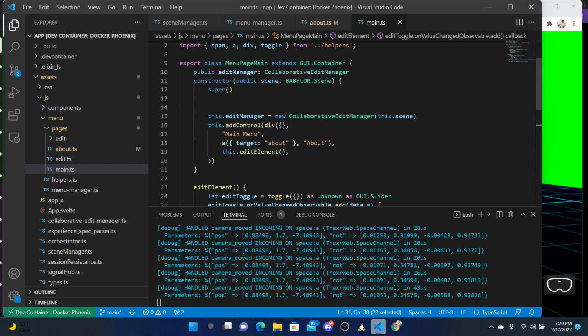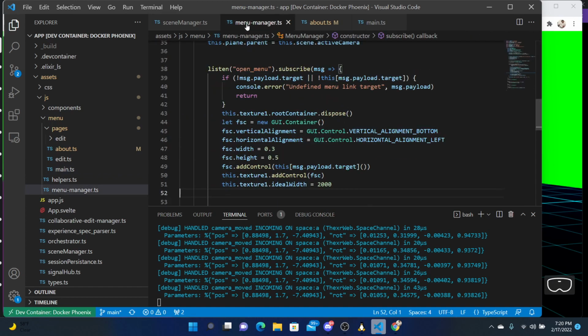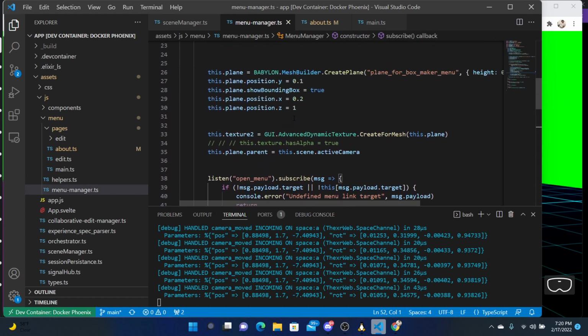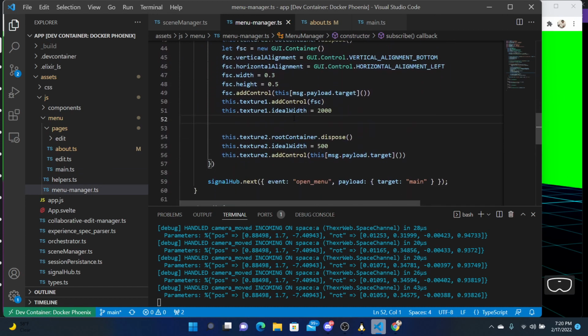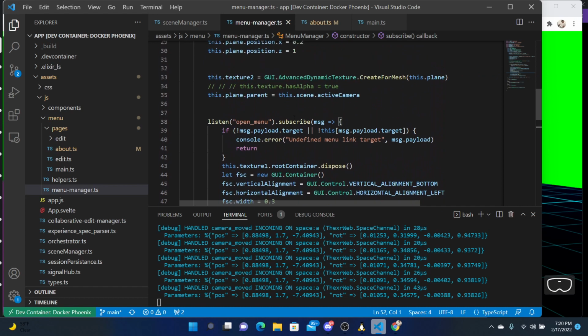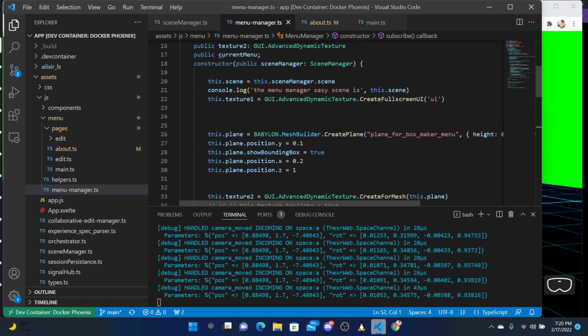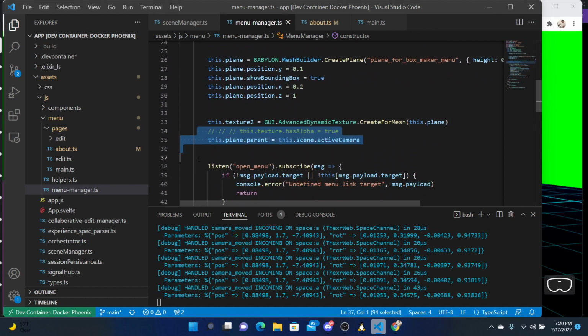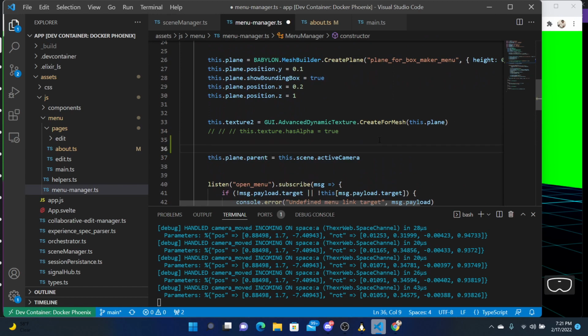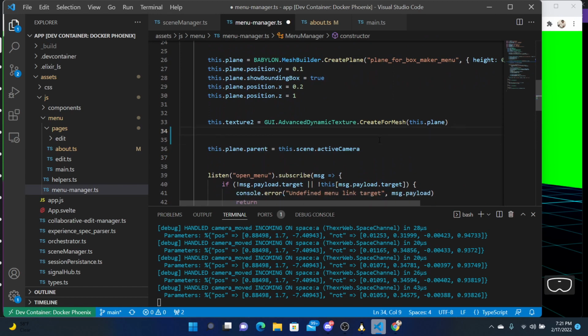So what we want to listen for is when the left hand is ready. Then in the menu manager, instead of binding it to the camera, which we're doing right here, where we're saying that the plane's parent is the camera, what we actually want to do is listen. So we go signal hub,